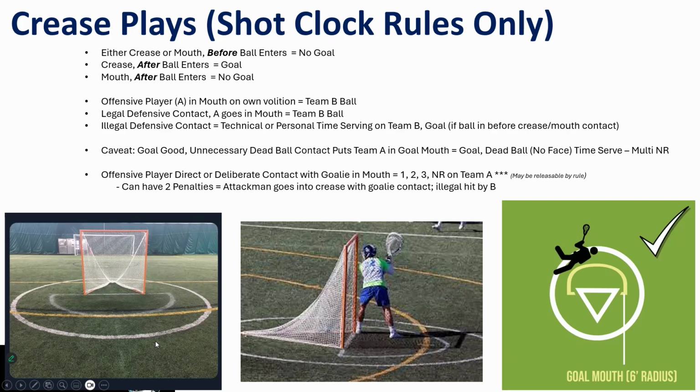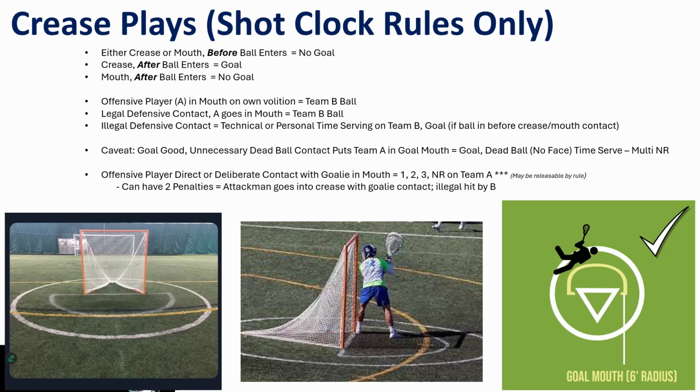If they land entirely in the crease, not including that line, that's the goal mouth, and the ball is in before they touch, we have a good goal. In every circumstance, they're allowed to dive. They can land anywhere in that crease as long as the ball goes in first and then the touch happens second. If they touch the goal mouth, generally speaking, we never have a goal. I'm going to walk that back. Welcome to lacrosse rules. I'm going to tell you never on purpose, and then I'm going to give you a caveat, right? The time you can have them land in the goal mouth is if it is because of the defensive